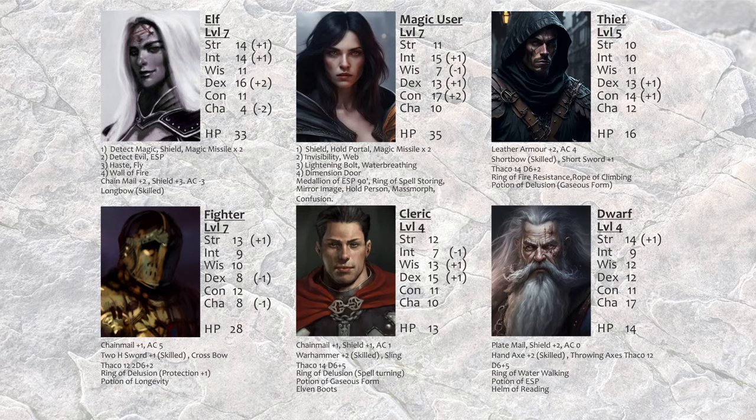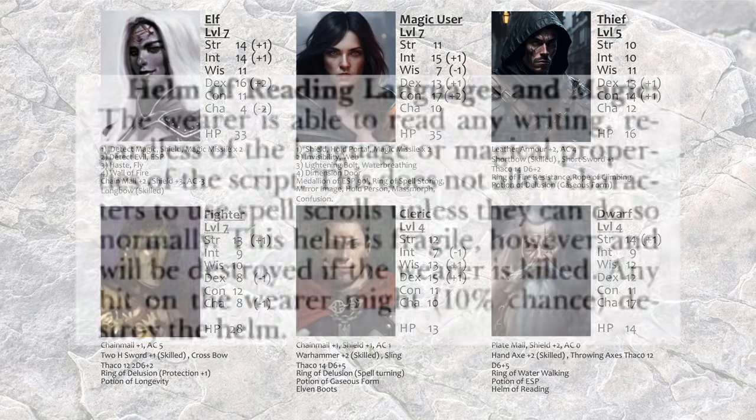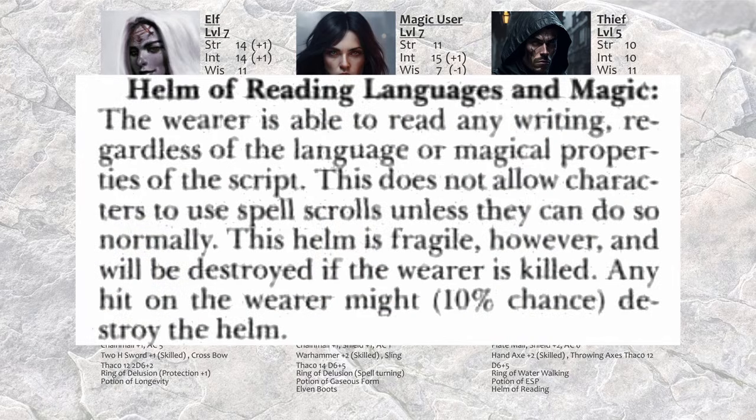For the dwarf, he actually got a ring of spell storing and the mage got a ring of water walking, so it was obvious to swap those. And he's got a potion of ASP and a helm of reading. The interesting thing about a helm of reading is the wearer can read any language. However, we're told in the description that the helm is extremely fragile and should the wearer die, the helm will